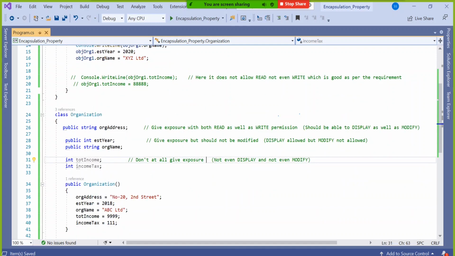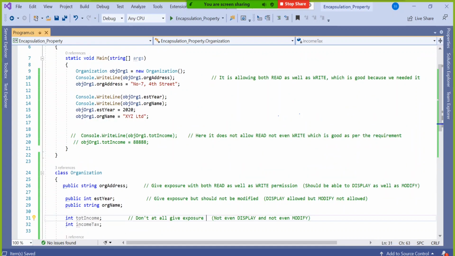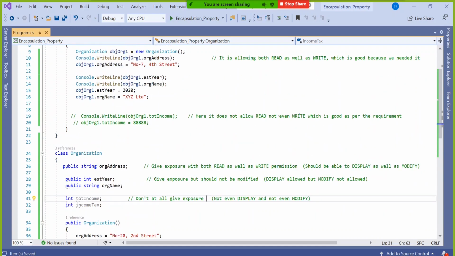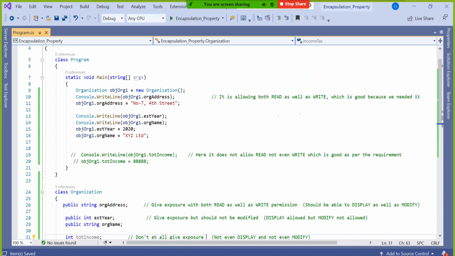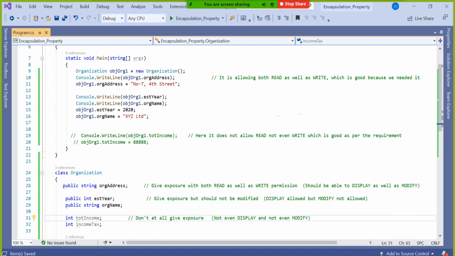So did you understand just by using variables what the problem scenario is? Anybody couldn't understand the problem behind only using variables? Please ask me. Almost everything we discussed in detail. Then if I go to property, quickly you can understand. Within 2 minutes you will understand what you are not getting in variable, that you are going to get in property.